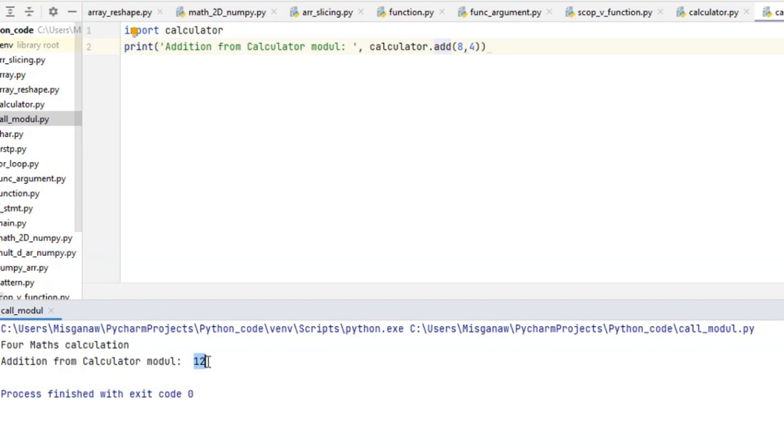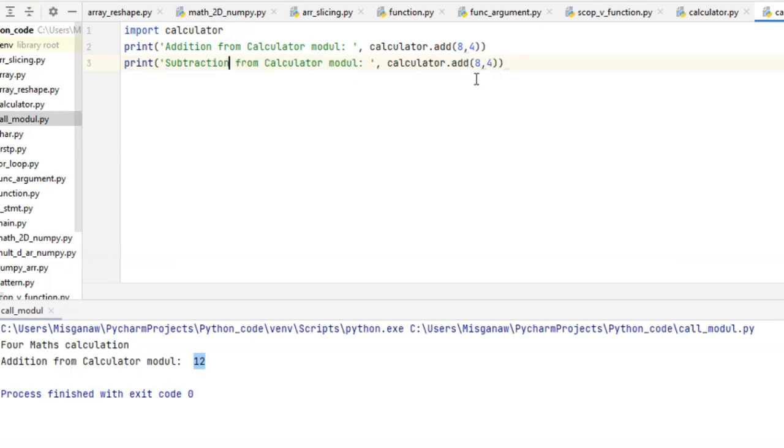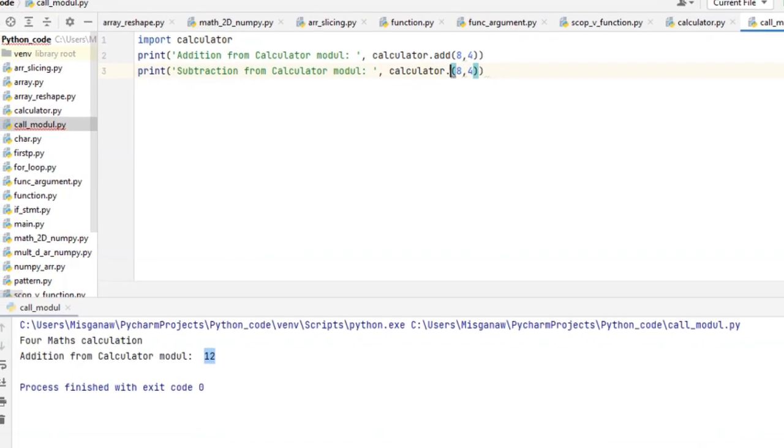Now we get 12. What about subtraction? It is the same. Here it is. Subtraction from the calculator module. Then we call sub.